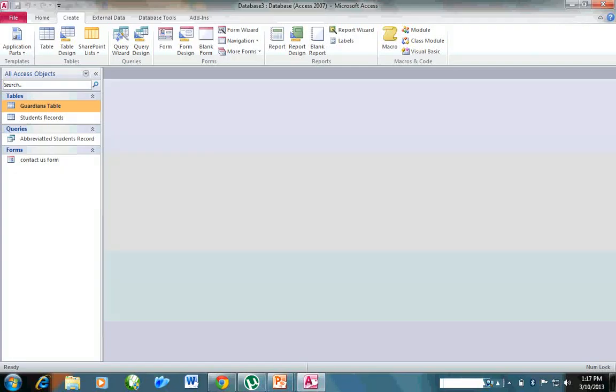Moving on, we're now going to look at how we can use the form wizard to create a form. The concept of the form wizard is that you're trying to create a form based on a particular table or query that is existing. There's no rule that says that you must select a form before you use the form wizard. However, when you have launched the form wizard, you are expected to select a form in